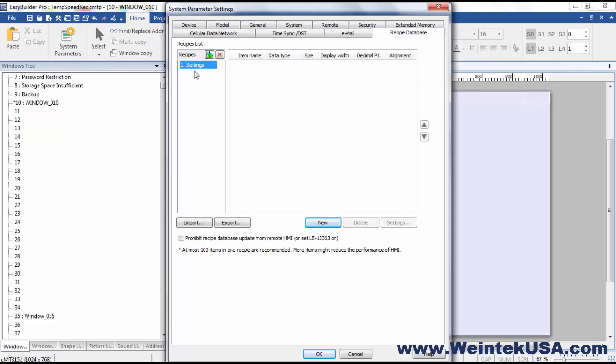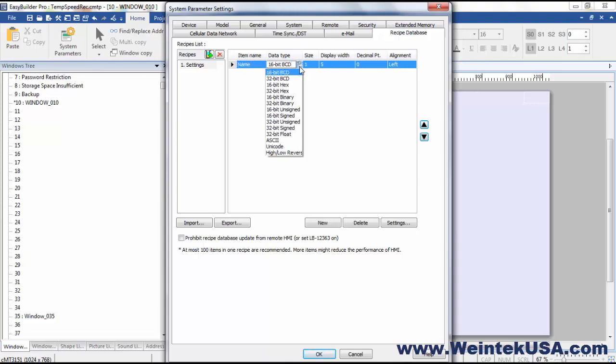And the next thing we need to do is create the table for the database. So we want to add a new record, and this first item I'm going to call name. And we want this to be ASCII data, length of 10,